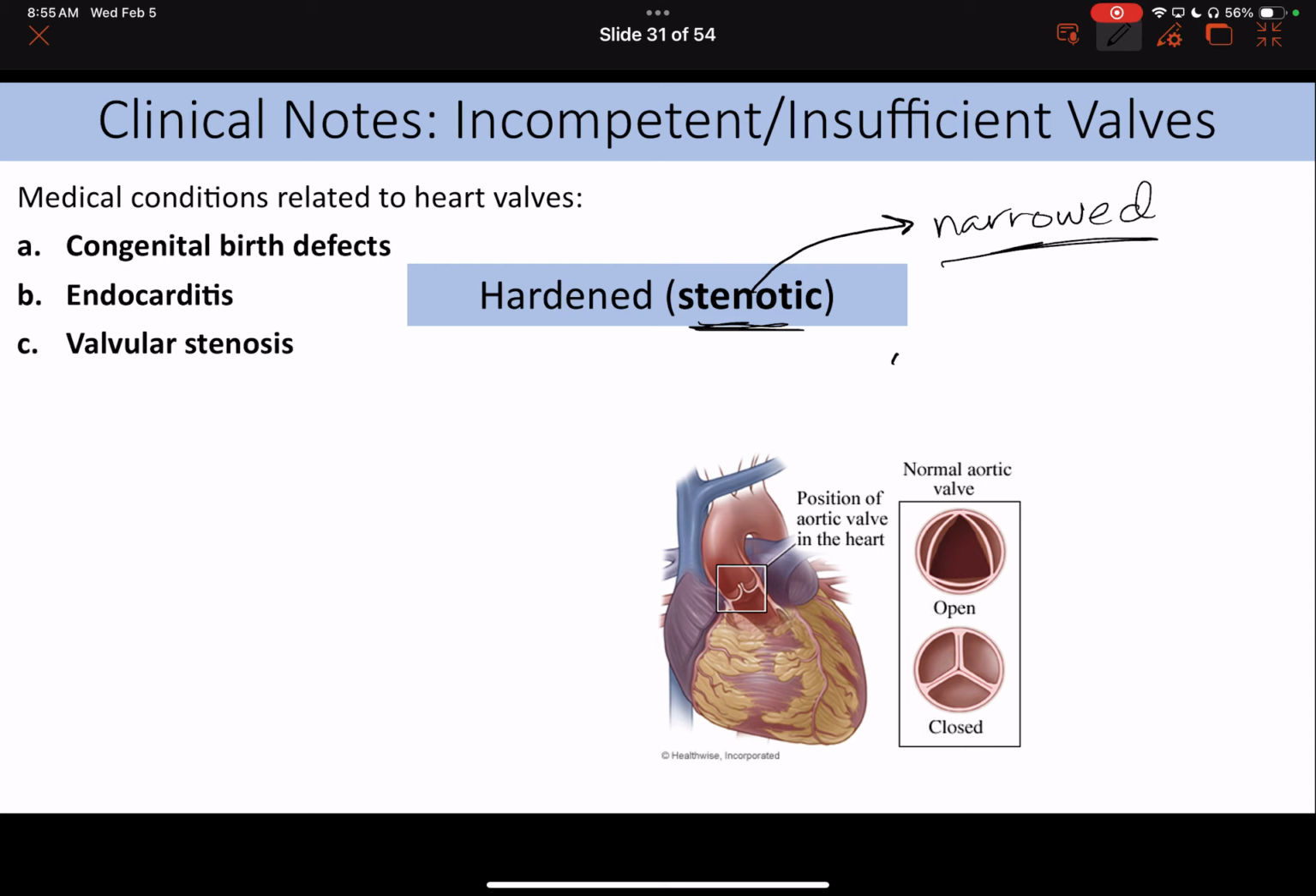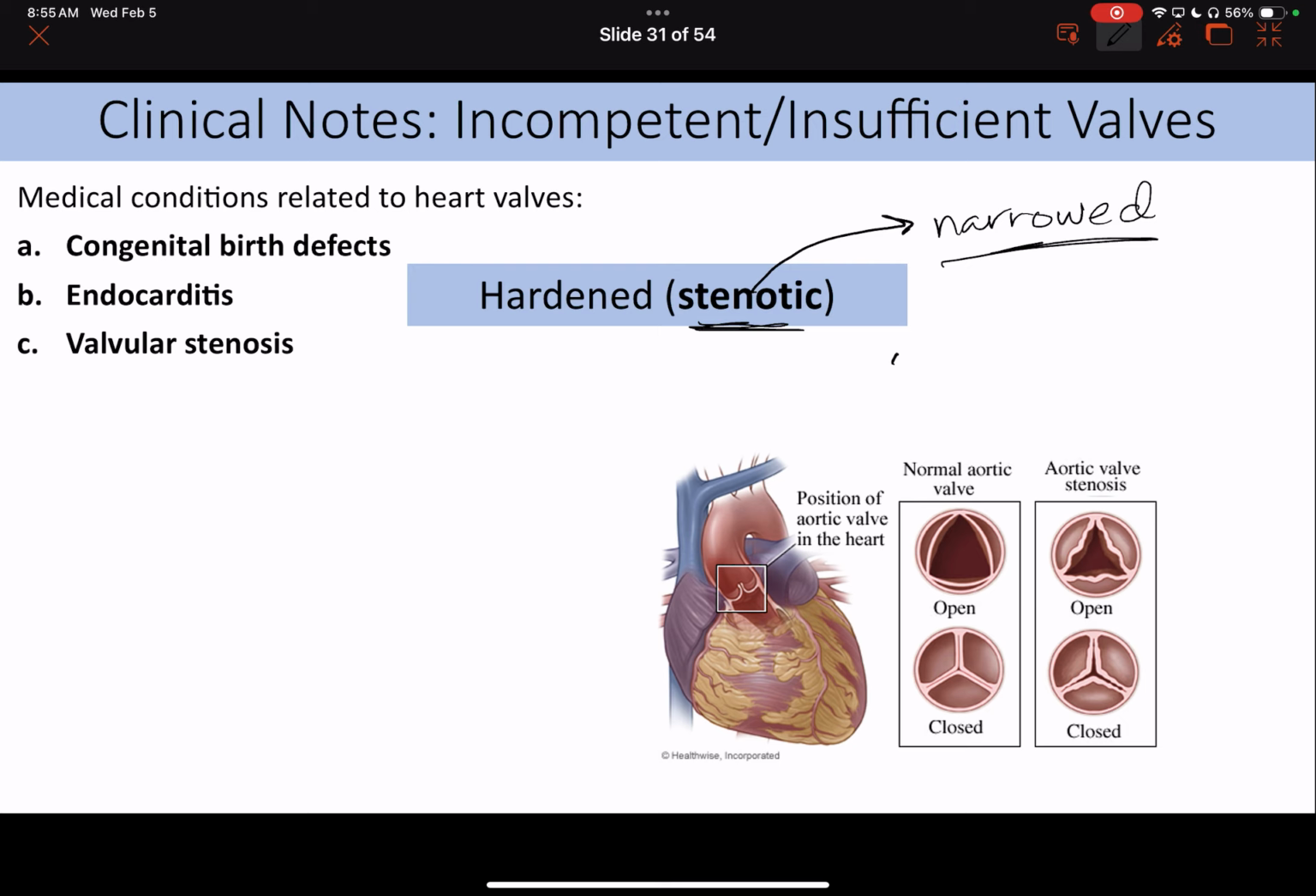And this could be due to age, could be due to heart damage. There's a lot of different causes of valvular stenosis. Could also be something that you're more genetically prone to. But what happens here? Here's a normal aortic valve, nice and open here, and then when it closes, it does seal and close properly. But then if you have valvular stenosis, where the valves become hardened and the opening becomes more narrow, here it